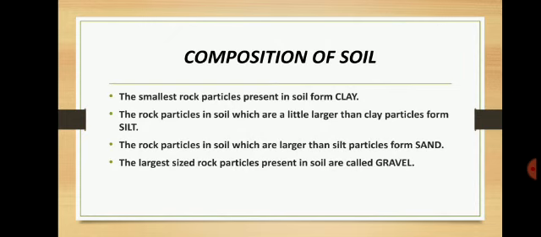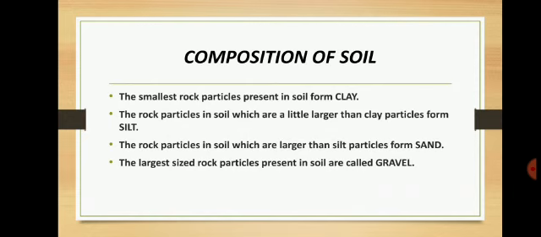Understood? Now as I told you, in a good topsoil the gravel is present in a very small amount. What does it mean? It means that the main rock particles present in the topsoil are sand, silt and clay. Mostly the clay, then silt, then sand. Now soils in different geographical areas contain different proportions of sand, clay and silt. They also contain different amounts of humus. So soil from different geographical areas will be different in composition.